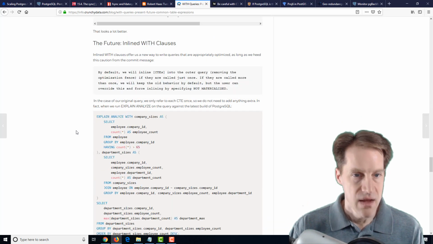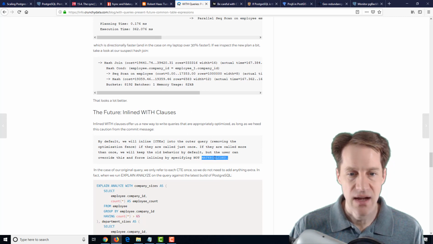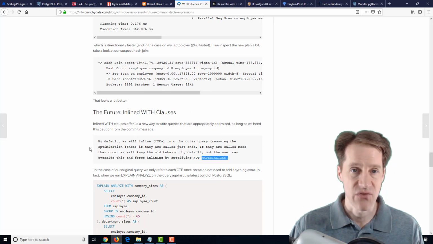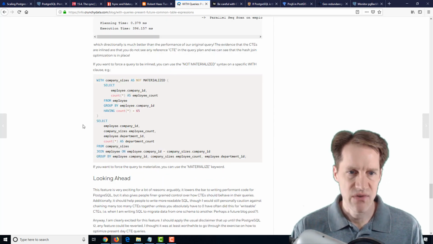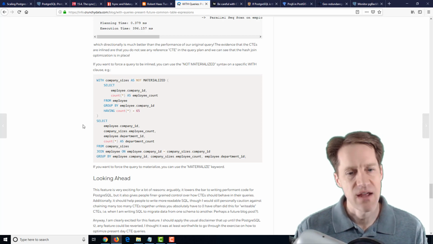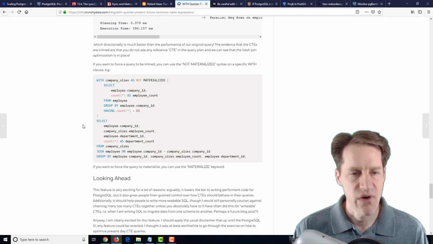what situations. Now, you can control the behavior to a certain extent by saying whether a CTE should be materialized or not. So there is a materialized keyword and a not materialized keyword to specify whether you want that CTE materialized or not. So overall, this is a great feature and should improve a lot of queries. But on the other hand, because it's changing the default behavior, it actually may negatively impact some queries. Now, again, this is not coming until PostgreSQL 12, and we'll have to see what's included in there. But this could be something to watch over when you make the migration to 12 on what the impact will